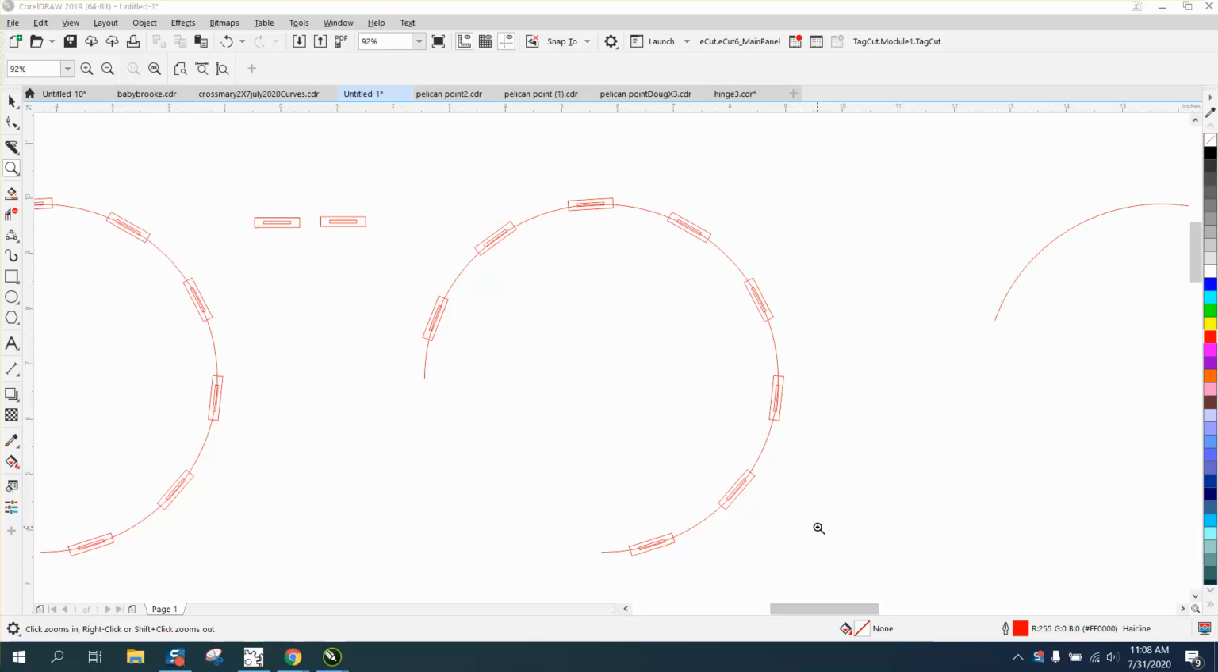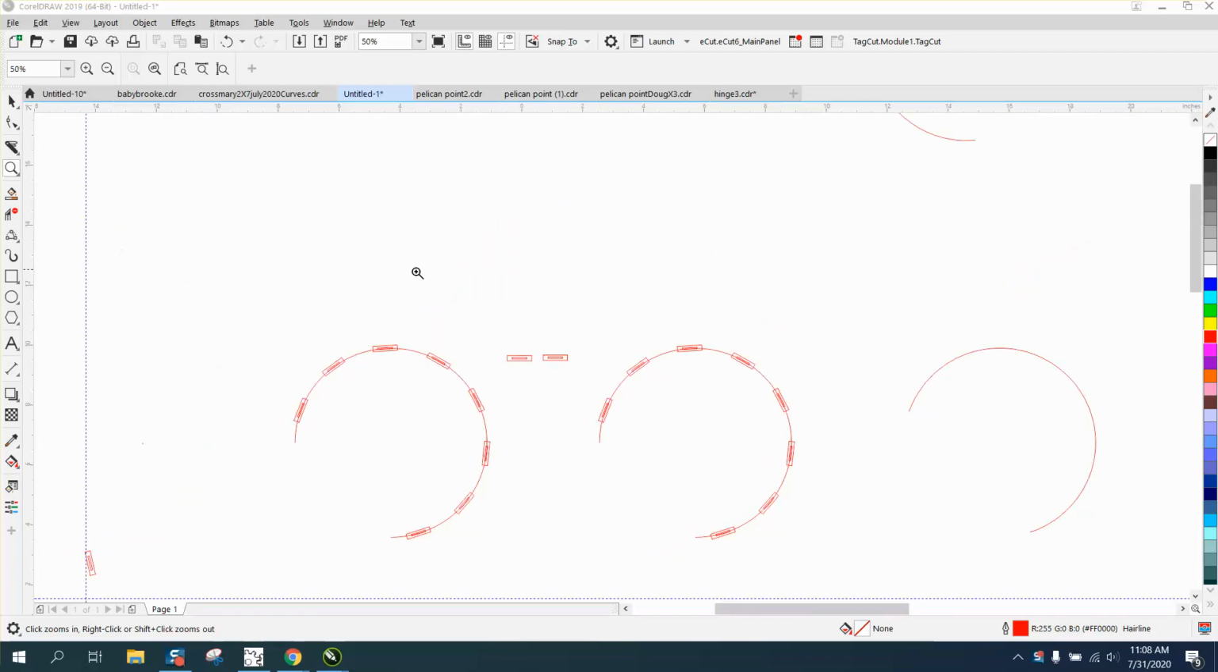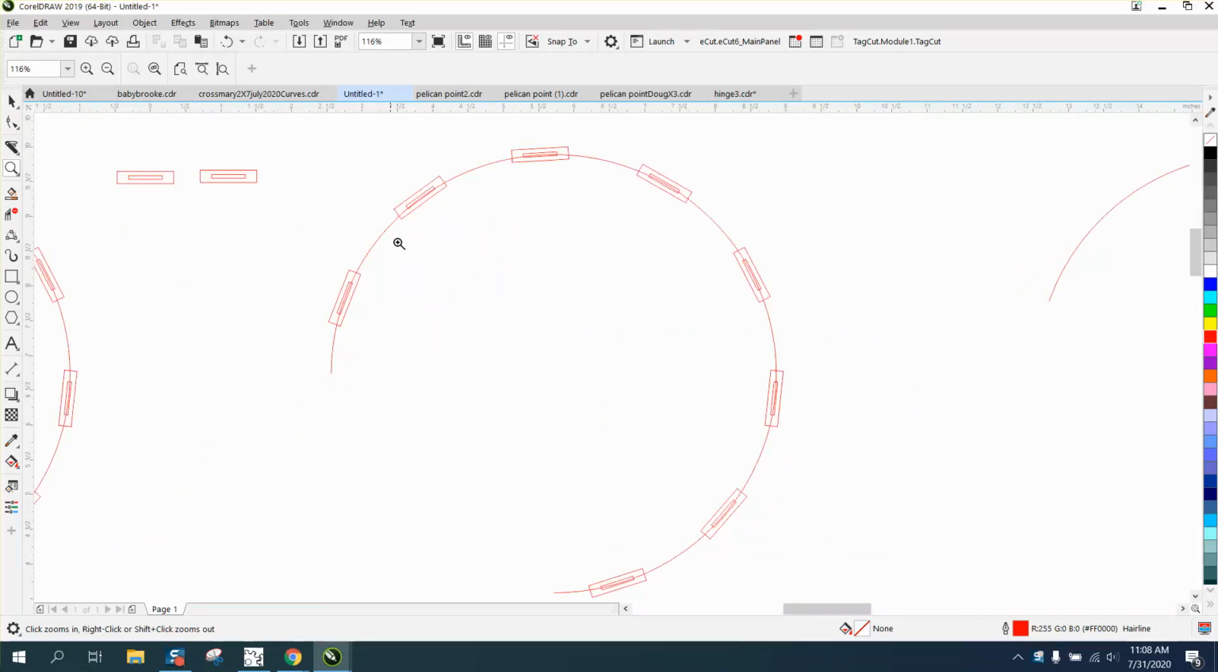Hi, it's me again with Corel Draw Tips and Tricks, and somebody commented on my video I made just last night about this and trying to get them evenly spaced. And they said, well, wouldn't it help if you know how long the curve is or the object is? So let's take a